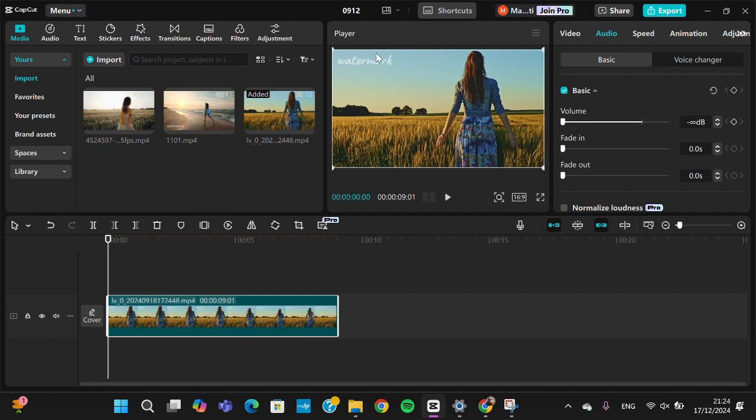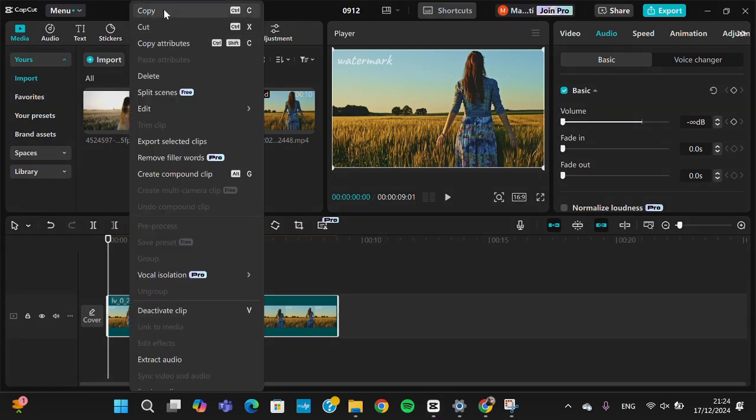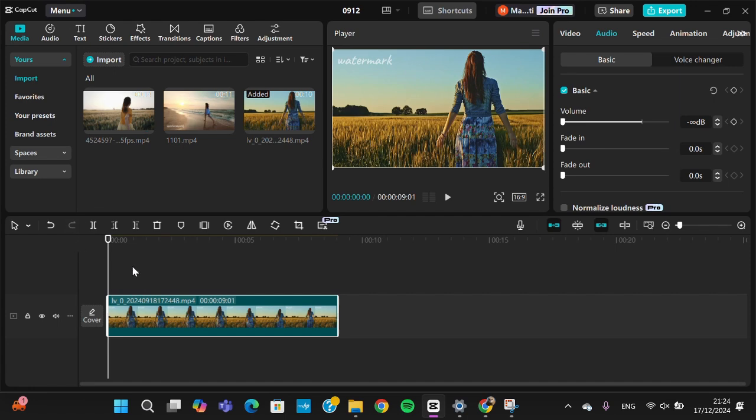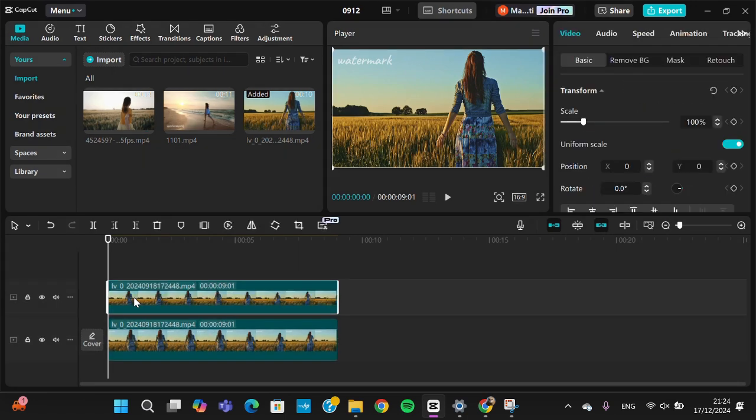If we want to remove unwanted object, we need to duplicate our video. We can right click on our video and then select copy, and then right click again and paste, or you can press Control and V. Okay, now the video has been duplicated and I have made it an overlay,